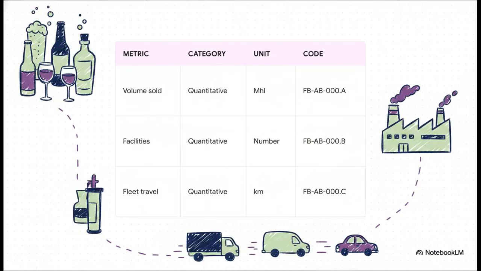Which brings us to Section 3, the 3 activity metrics used for scaling the industry. Now that we've got the framework down, what are the actual, concrete data points we use to figure out the scale of an alcoholic beverage company? Well, check out this table mapped out here. This is pulled directly from the SASB standard. You'll see there are exactly 3 quantitative metrics used to measure the scale of operations in this industry. Let's just walk through them one by one.